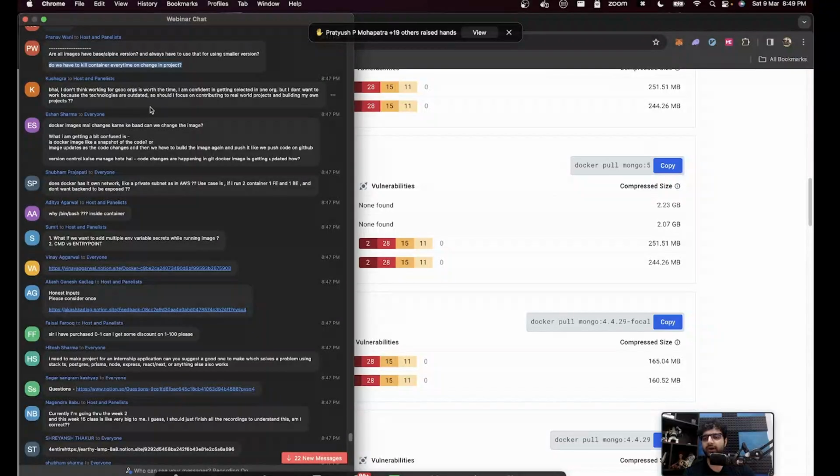But I don't think GSOC organization is worth his time. I'm confident getting selected in an org, but I don't want to work because the technology is outdated. Yeah, if money doesn't matter to you. Back then there was a lot of money for me, so I would still do it. But if money doesn't matter to you, I don't know how much they pay right now. I think they still pay a lot. That is true, if it's a very outdated technology, but the good thing you'll get is remote work experience. Why miss it, Kushagra? I would still do it. You can do a half-hearted job, but I don't think it's the worst idea. If you're saying you're getting it, I would still take it. But that's just my opinion.